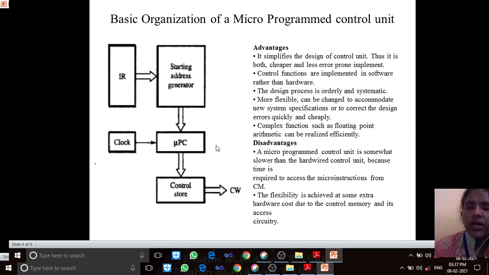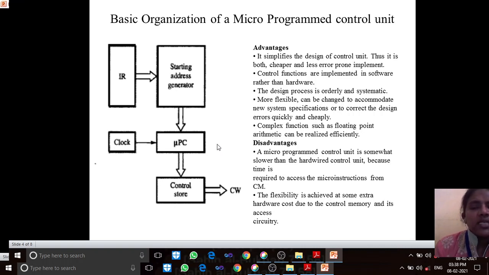What are the disadvantages? A microprogrammed control unit is slower than the hardware control unit. You might think, why is it so? Yes, because it is stored in the form of instructions. It has to be fetched from the memory to the cache to the registers, as it has to go through the memory hierarchy, and it requires access to the micro instruction from the control store.